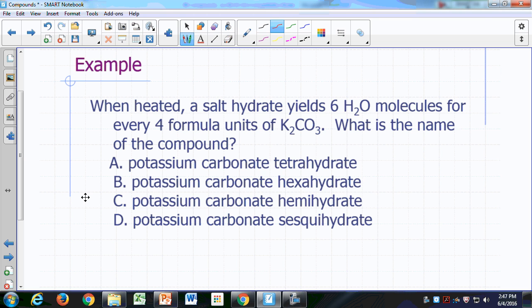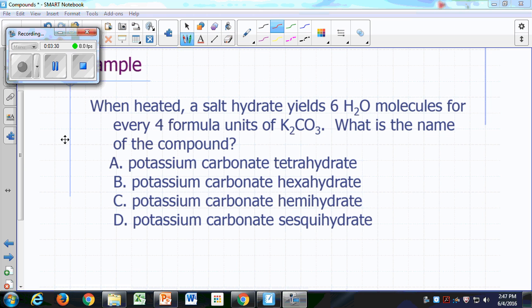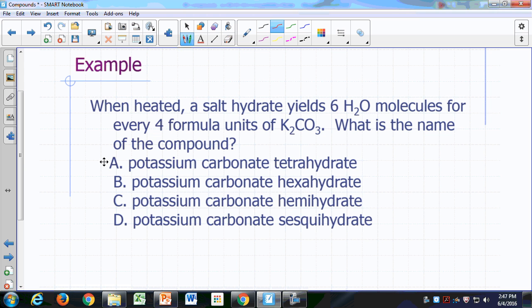Let's look at this example right here. When heated, a salt hydrate yields 6 water molecules for every 4 formula units of K2CO3. What is the name of the compound? I'll give you a little time to think about it. Okay, so what is the ratio of water molecules to formula units of K2CO3? 6:4. What's that ratio? 3:2. What's the prefix for 3/2? Sesqui. So this is K2CO3, potassium carbonate, sesqui